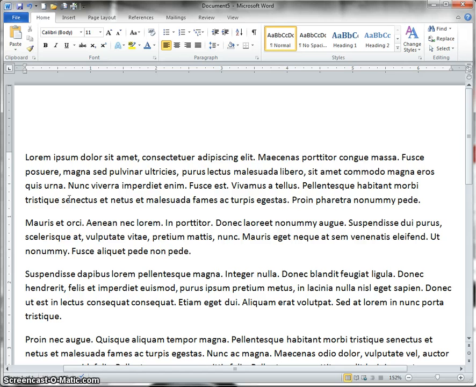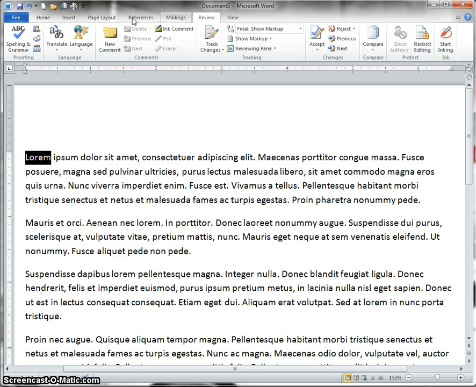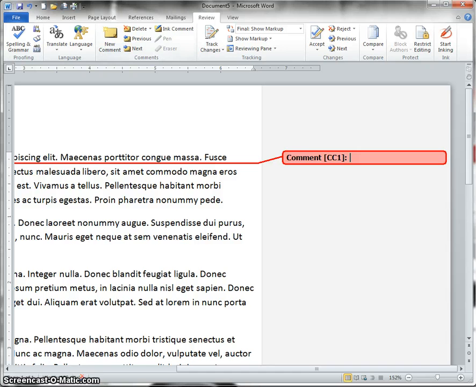So the first thing you're going to do, you're going to collect the rough draft from the student, and then you're going to go through and you're going to mark it up just like you would any other paper. And I do have videos on this if you're interested. But I can come in here, I'm reviewing the paper, so I'm going to be in the review tab. I can add comments